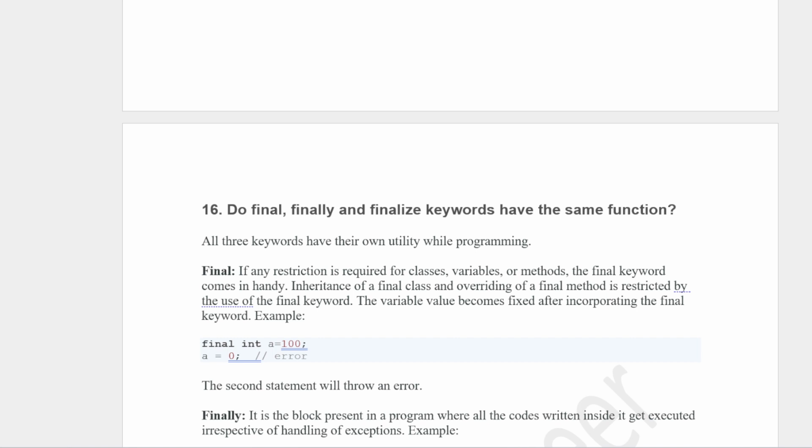We can use the final keyword with classes, variables, and methods. When we use final with a variable, we can't change the value of that variable. If we use final with a class, we can't inherit it. And if we create an object with final, we can't reassign it.